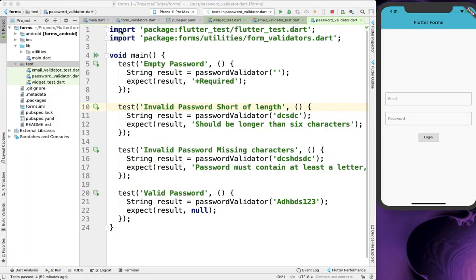Now writing all these tests separately is a bit annoying and our code is not clean. So what I'm going to do is, let's refactor our code a little bit.